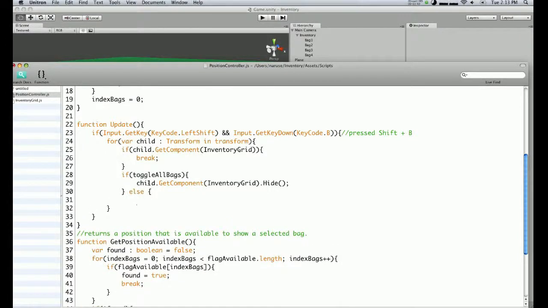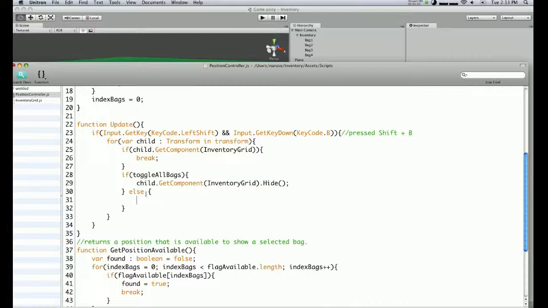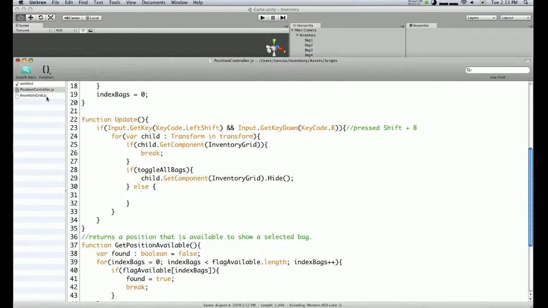Else, we're going to need to create a variable on the inventory grid if the bag is being displayed. So let's first do this over here. If not child, if the child object we are accessing on the component inventory grid, if it's not the bag being displayed,